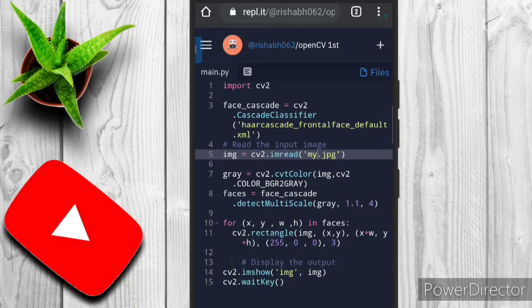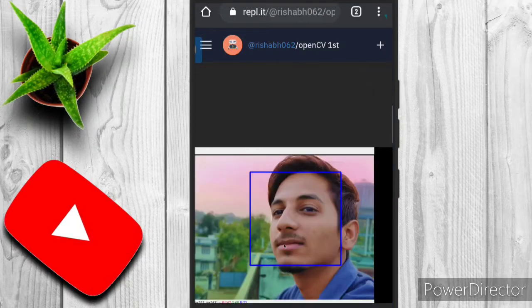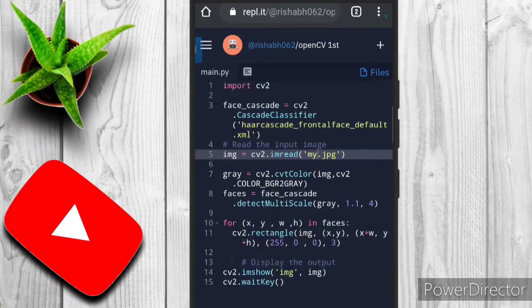What is it? Haar cascade is a machine learning based approach where a lot of positive and negative images are used to train the classifier. What are positive images? They are those images which contain what we want to classify or identify. In this case we need to recognize this face, so it's a positive image. And what is a negative image?